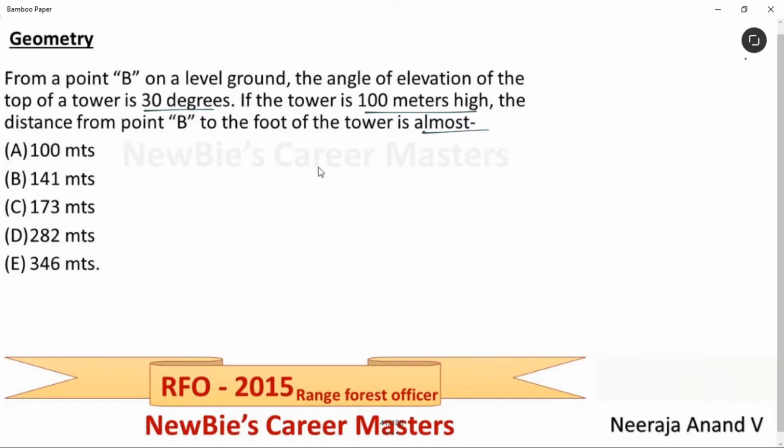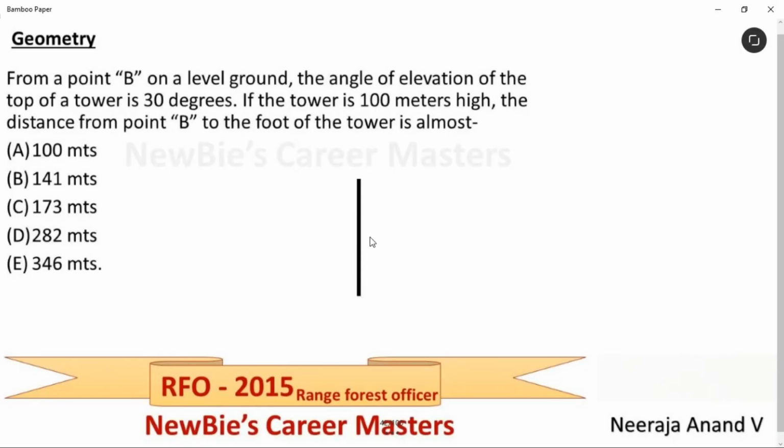Yeah. Now, let's picturize this. Let's take this as the tower. The length is given as 100 meters and consider point B here. Angle of elevation is given. You have to take like this. Okay. This angle is given as 30 degrees. Am I clear? We have to find this length. See, the distance from point B to the foot of the tower. That means this length. Here we have to use the tan theta formula. Tan theta is opposite divided by adjacent. See, we know opposite and we have to find the adjacent value. So this is the best formula to apply here.